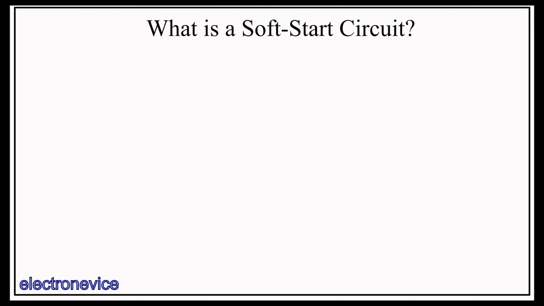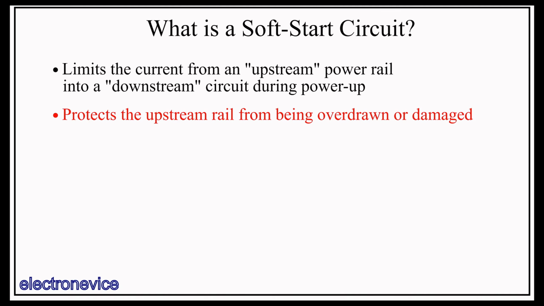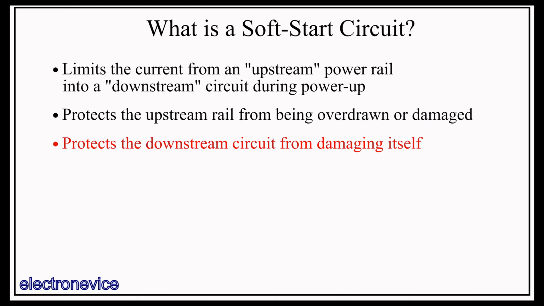So what is a soft start circuit? A soft start circuit is a circuit that limits the current flowing from an upstream power rail into a downstream circuit during power-up so that the upstream rail is protected from being overdrawn or damaged by the current draw requirements of the downstream circuit. It may also protect the downstream circuit from damaging itself by drawing in too much current